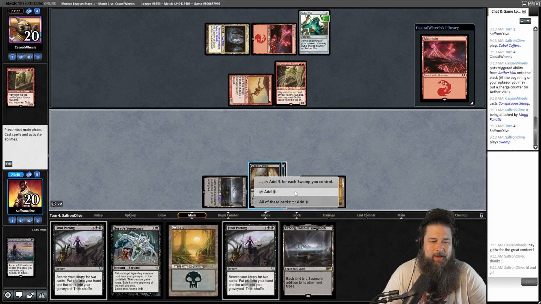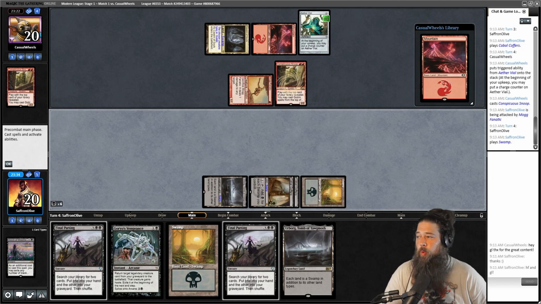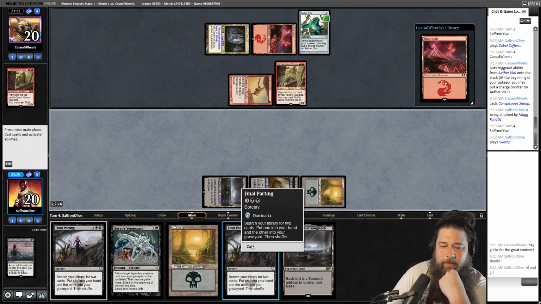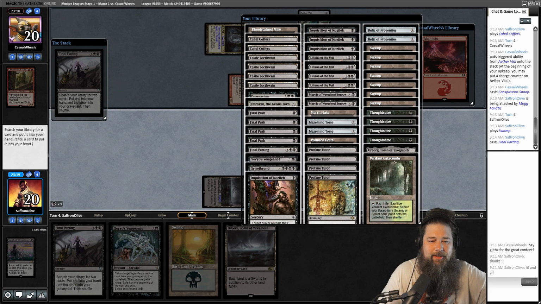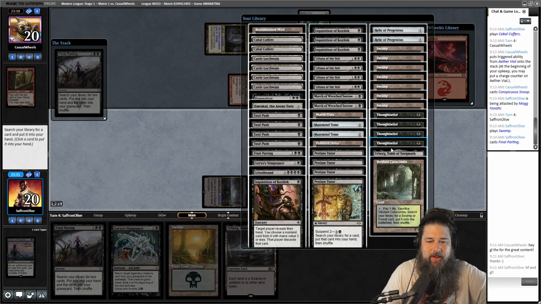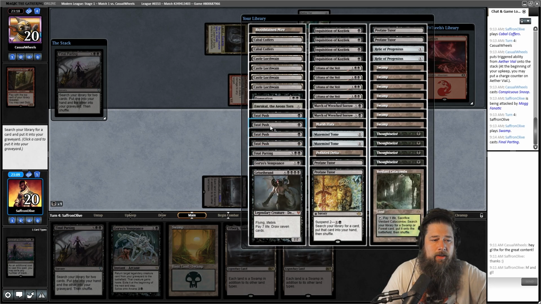1, 2, Cabal Coffers. How much mana do we have? 4, 6. So we need 1 more. Okay, Final Parting. I think we're just Final Parting for a Fatal Push here to kill the Snoop. We will put an Urborg in the graveyard because we don't want another one. And take a Fatal Push for our...